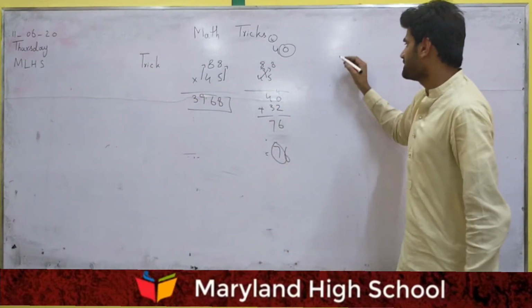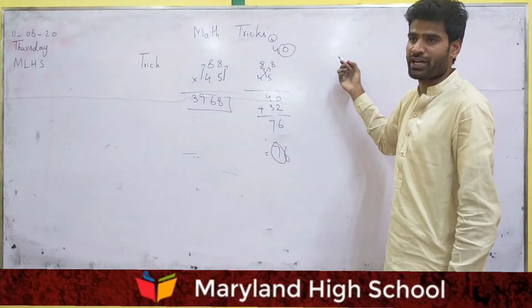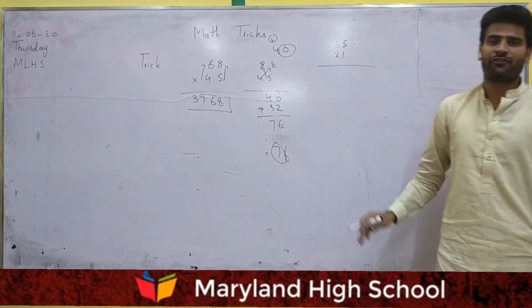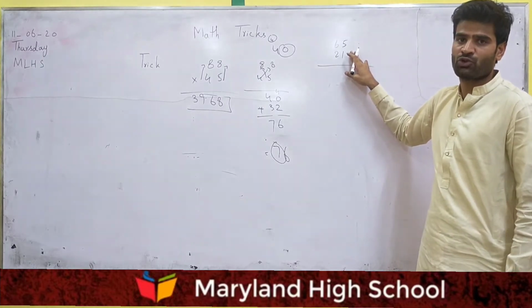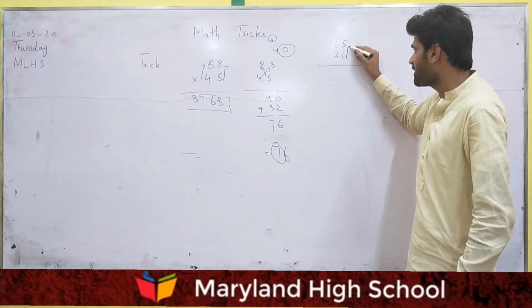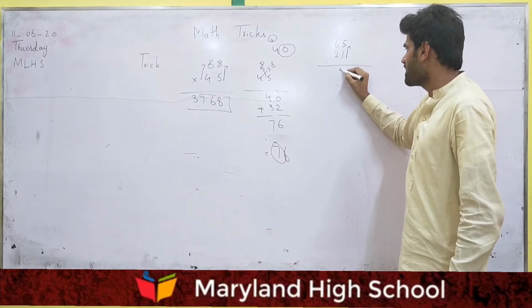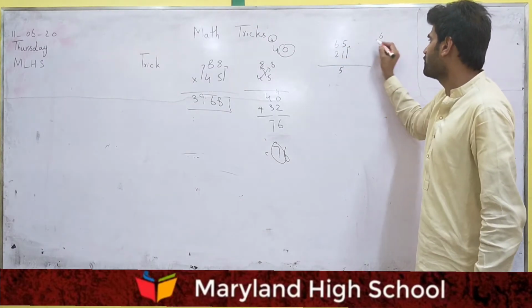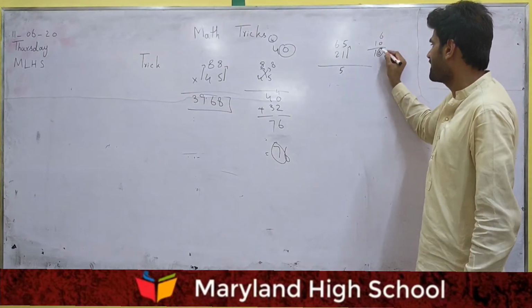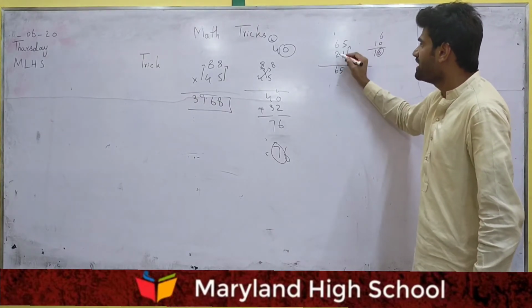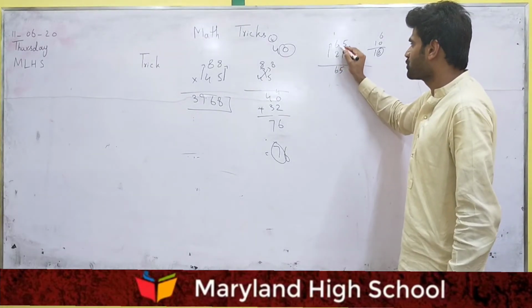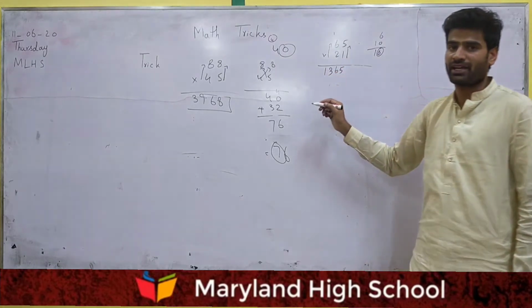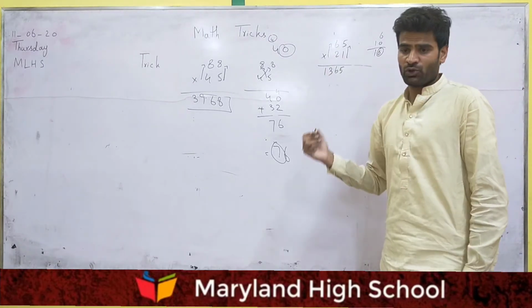Take another example. Randomly I choose two numbers, 65 and 21. There is a big difference between these two numbers, so I choose them randomly. Again, first we multiply the first digits: 1 five is 5. Then cross multiply: 1 six is 6 and 2 fives are 10. Then add 16. I write 6 and take carry 1. And again multiply the last digits: 2 sixes are 12. 12 plus 1 is 13. That is its multiplication.